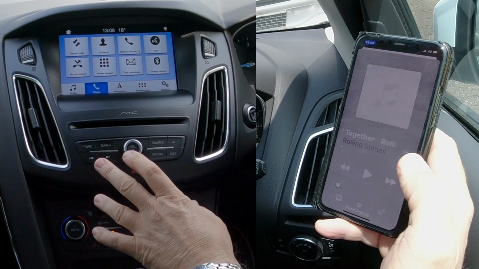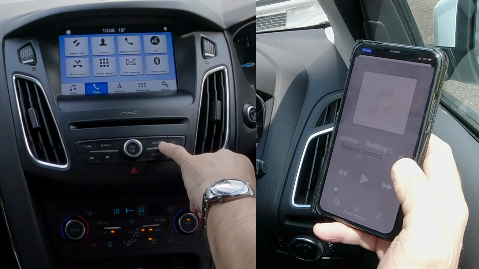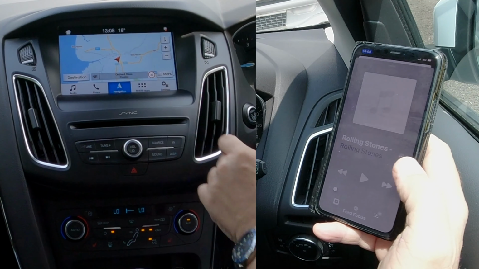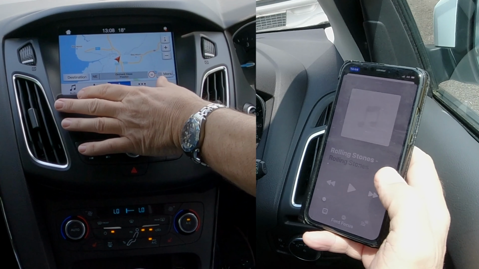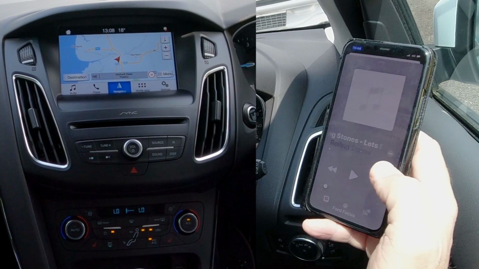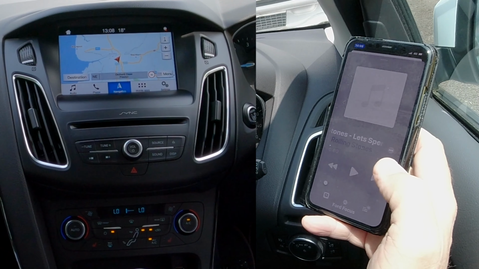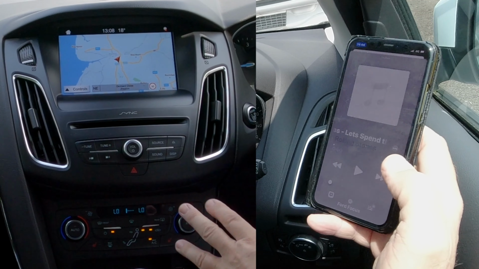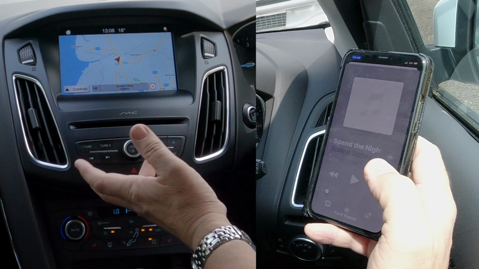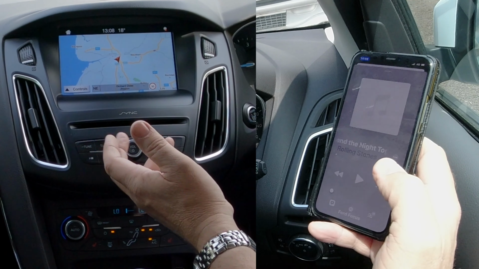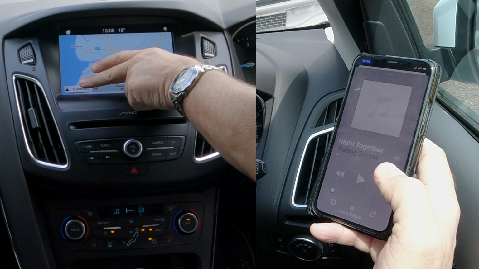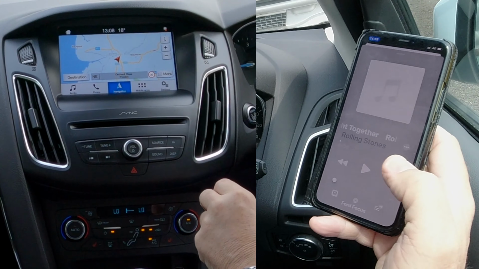Then we go over to the unit. As I say, you see the source button there, but from whatever screen you're on, that menu bar at the bottom will disappear in a second, so we'll just wait for it to go. Right, so you can change from here source, the easiest way to change radio station from AM to FM to DAB and so on, but controls over there in the left hand side with the triangle, click on there, and